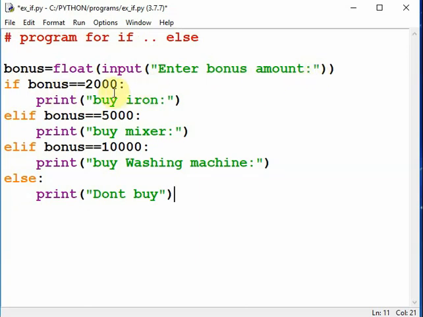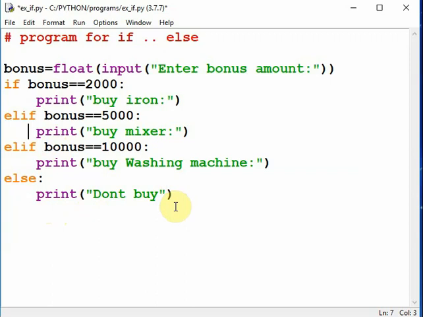And if bonus 2000 buy iron, else if bonus is 5000 buy mixer, else if bonus equal to 10,000 buy washing machine, else means if the amount is not 2000 or 5000 or 10,000. Other than these values, if bonus is entered, then print don't buy.